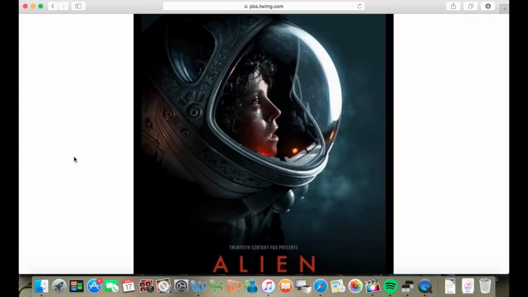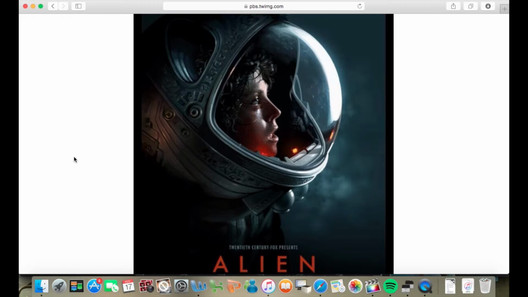The next poster I'm going to be analysing is the film Alien. This is, again, a very simplistic poster, probably even more simplistic than the Star Wars poster that I did. And it's a very effective poster, as it's just got one image on it, which is the main character, Ripley, in a spacesuit, looking at something, which could intrigue the audience to know what she's looking at. And obviously there's quite a lot of distress on her face, so she's obviously looking at something very terrifying, and something that's definitely going to be important in the film.